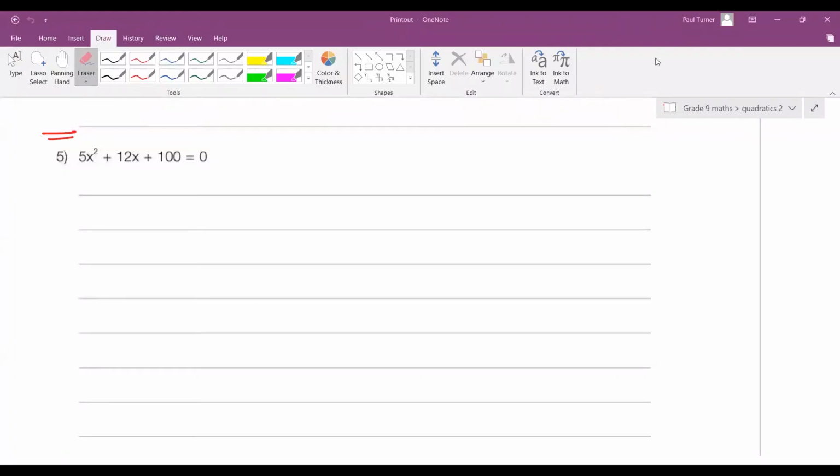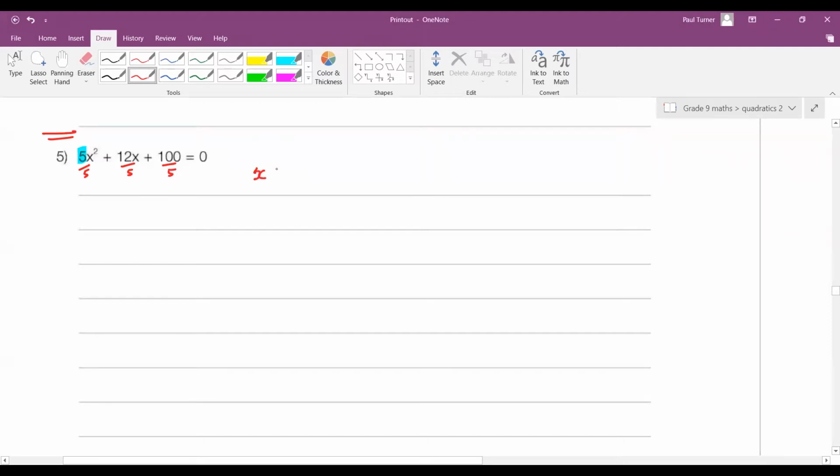So we got up to question 5, remember? And when you look at this one here, you will see you've got a number in front, which is not 1. So we need to clear out this 5 here. So we would have divided by 5 each part. So that's the first thing to do there. Okay, so you're going to end up with